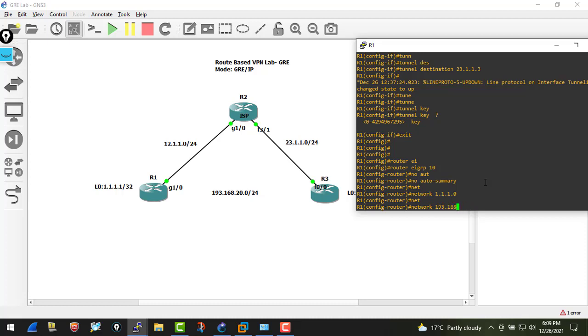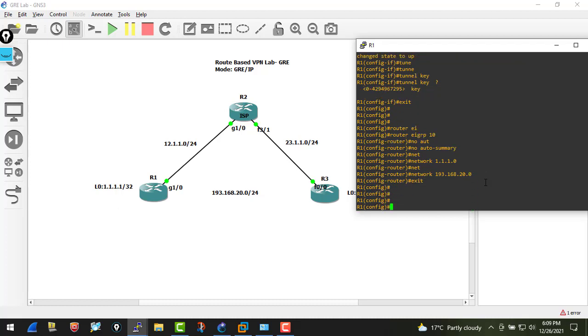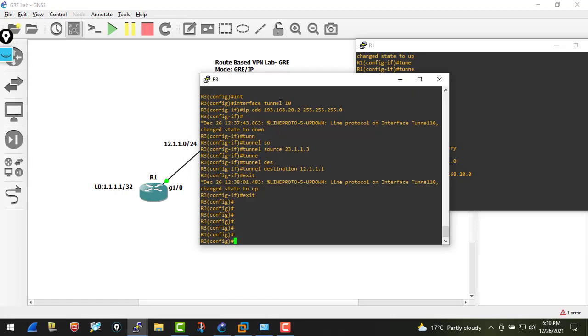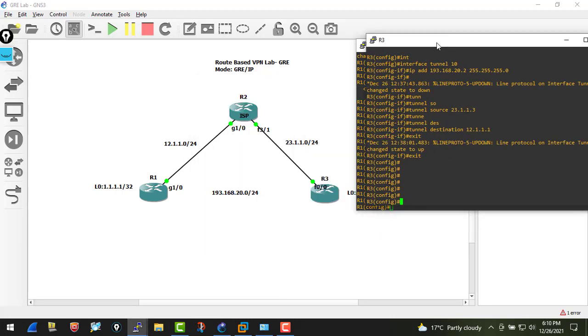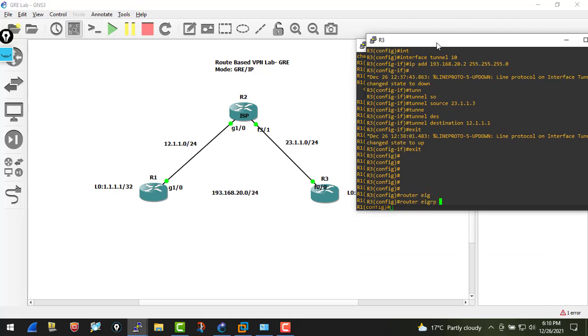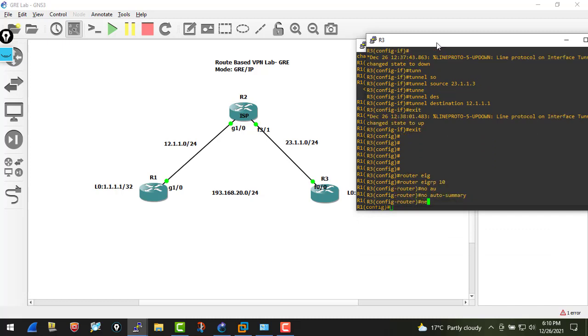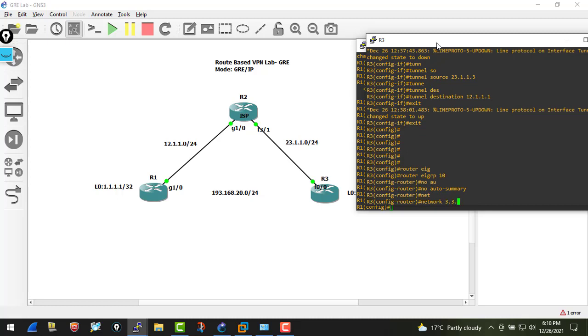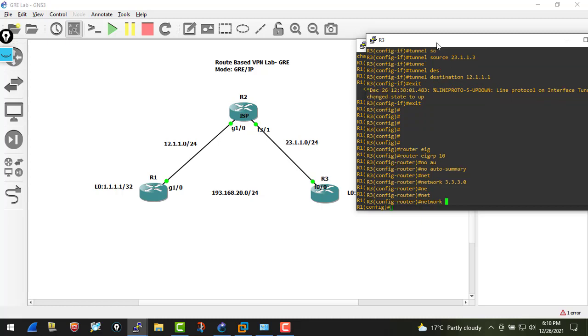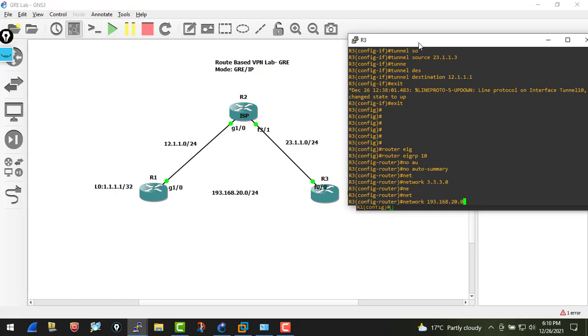Then exit. Jump into R3 and do the same: router EIGRP 10, no auto-summary, network 3.3.3.0 for my loopback interface, and the tunnel interface network 20.0. As soon as I hit enter,